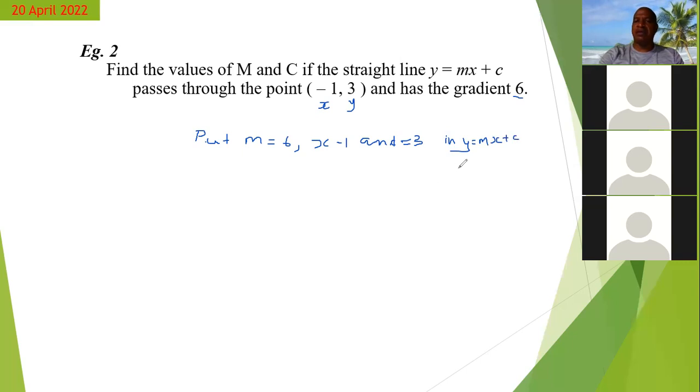If you put in this value, you would get, what's the y value? 3. So you'd have 3 equal to, what's m? 6. What's x? -1. Yes, sir. Plus c. So you calculate that now. 6 times -1 give you what? -6, sir. So this gives you -6 plus c. So how can you get c now? You bring over the 6 on this side, -6. It becomes